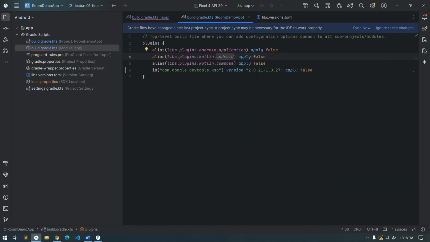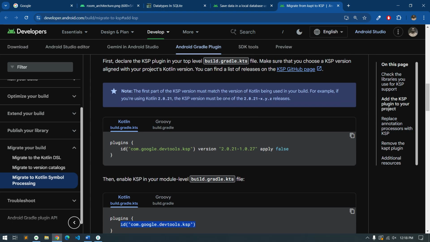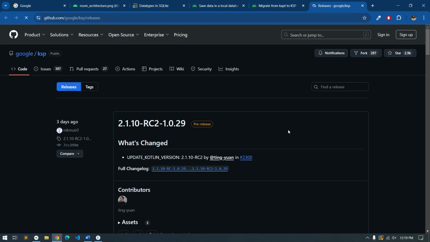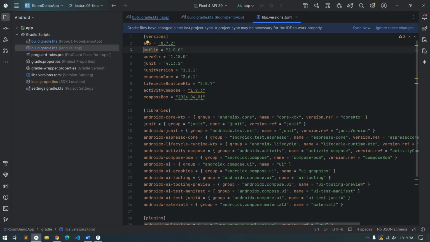So now we need to add the KSP version which is compatible with this Kotlin version, which has also been highlighted here. Let's say if we have Kotlin version 2.0.21, then the KSP version must be in this way. So we will go to the KSP GitHub page and find the specific version which starts with this Kotlin version,